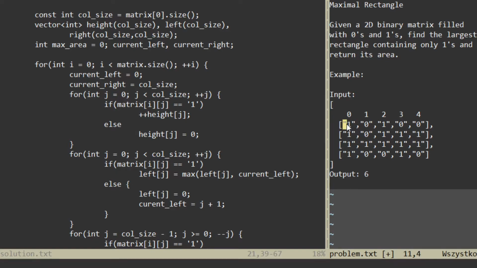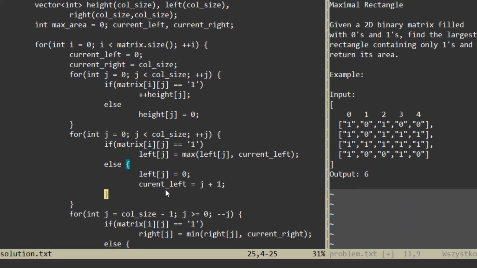So in our first attempt, here we have 0, and current left is also 0. So for this it is 0. For this, we can go further here. So 0 for 0, we write in this index 0, but our current left is one more here. And we go to the second index,